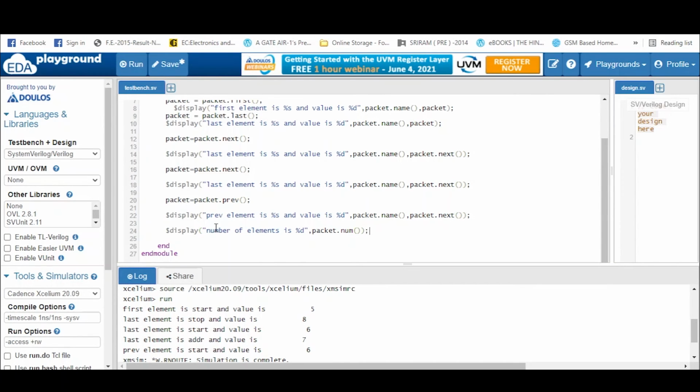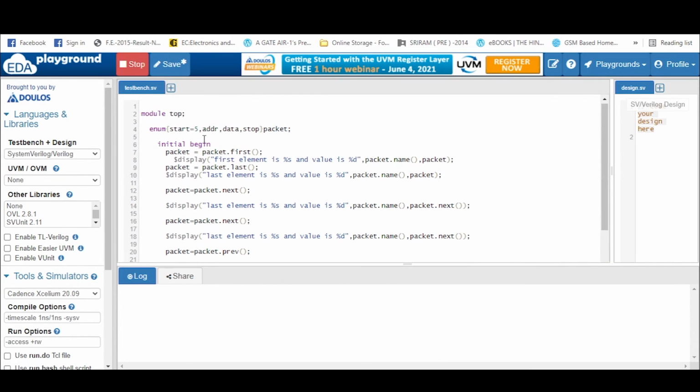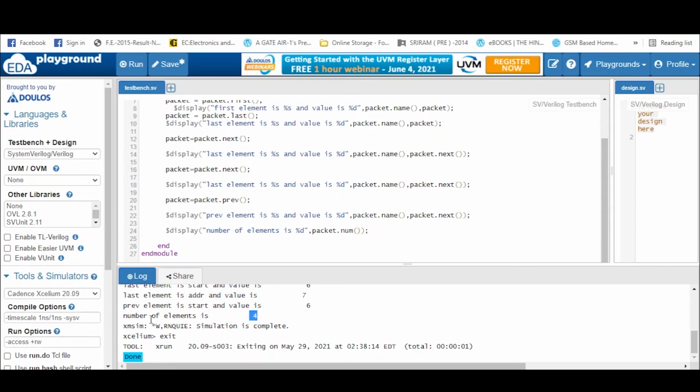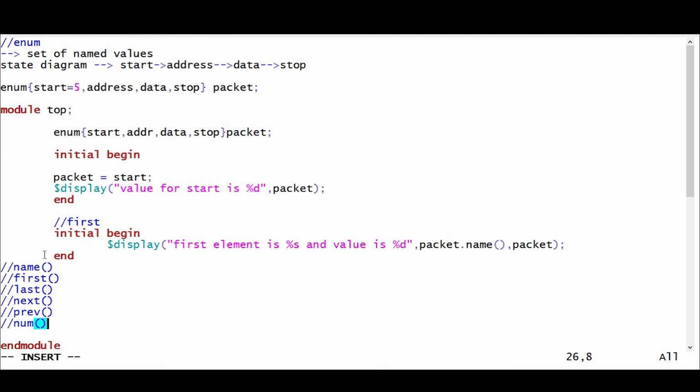Let's see how many elements we have: 4 elements, so the value we should get is 4, right? Yeah, so we are getting the number of elements as 4. So there is one more method, which is the num method.